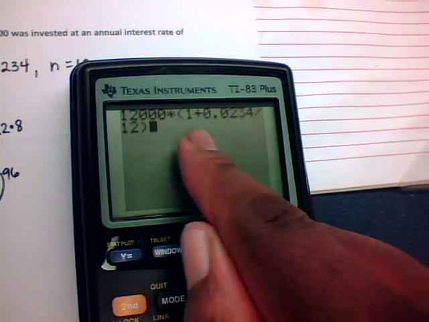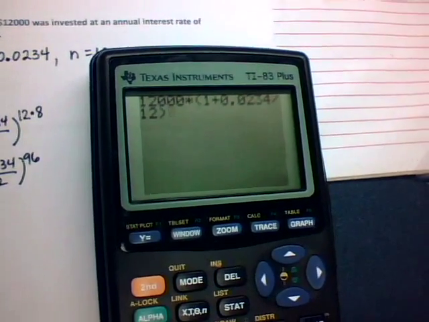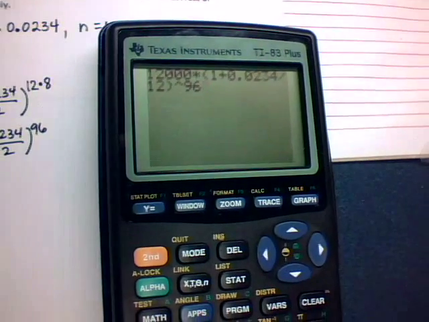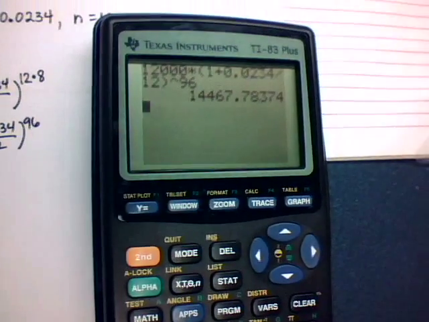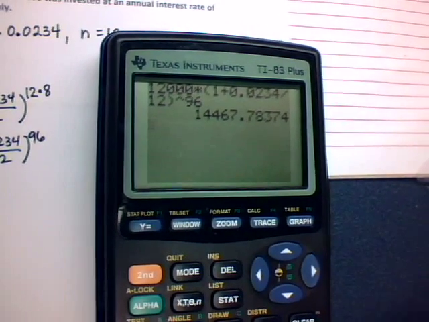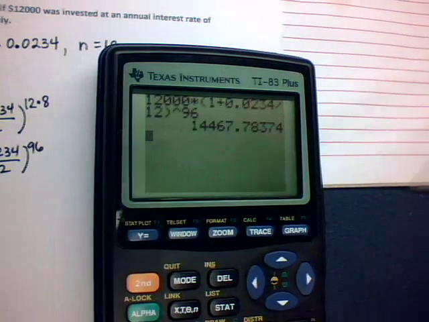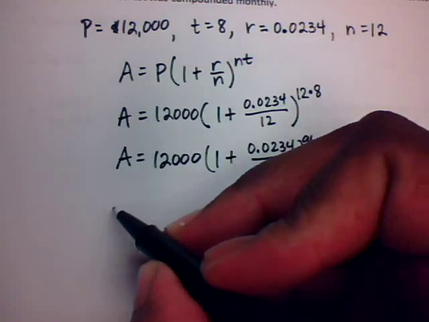Now, what's in the parentheses will be raised to the 96 power, so we'll use our caret key for the exponent, and then 96, and then hit enter. We're dealing with decimal amounts, so we want to round to 2 decimal places, so it'll be $14,467.78. So that's the amount in the account after 8 years,